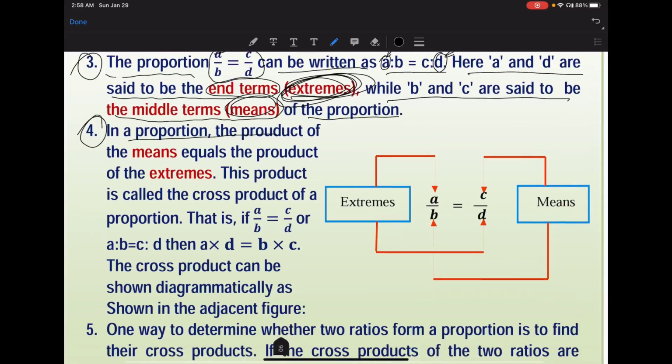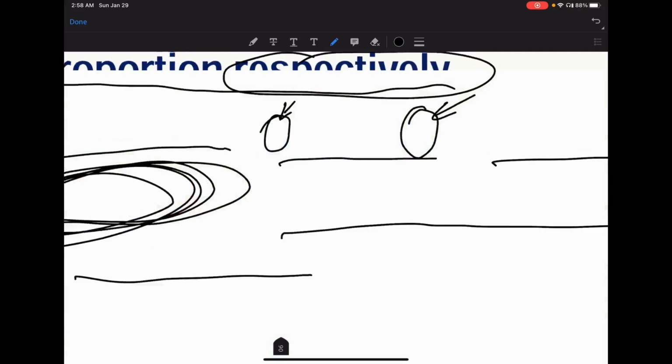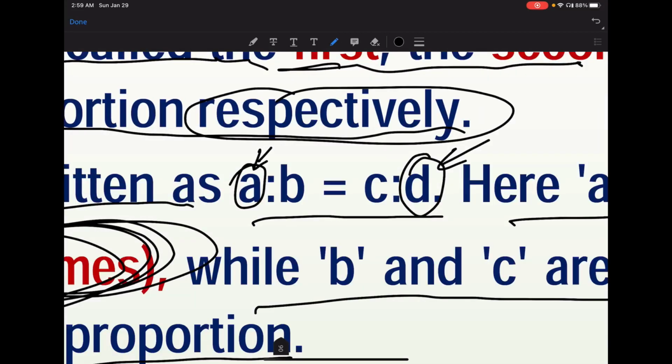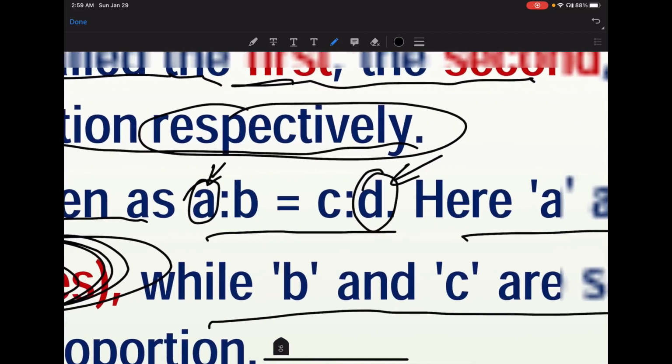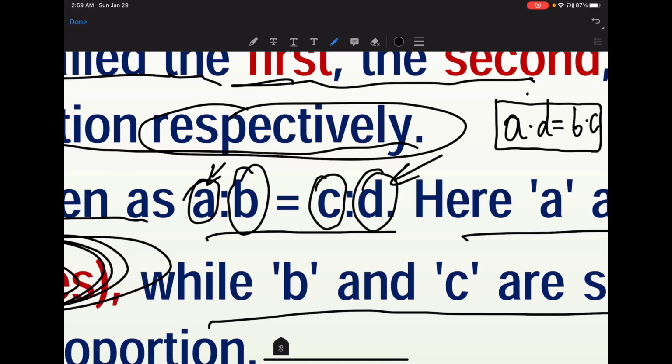አራተኛ in a proportion the product of the means equals the product of the extremes okay product of the extremes ማለት ምን ማለት ነው a እና d ናቸው እንግዲህ extreme የምንላቸው okay ጥግና ጥግ ላይ ያሉት ስለሆነ extreme የምንላቸው a እና d ናቸው ለዛ product of the extreme ማለት a times d ማለት ነው a times d is equals to product of the means ምን ማለት ነው product of the means ደግሞ ማለት b እና c ናቸው እንግዲህ meansዎቹ ለዛ b times c ማለት ነው ለዛ a times d is equals to b times c ማለት ነው ያው criss cross ብለን የምንጠራው